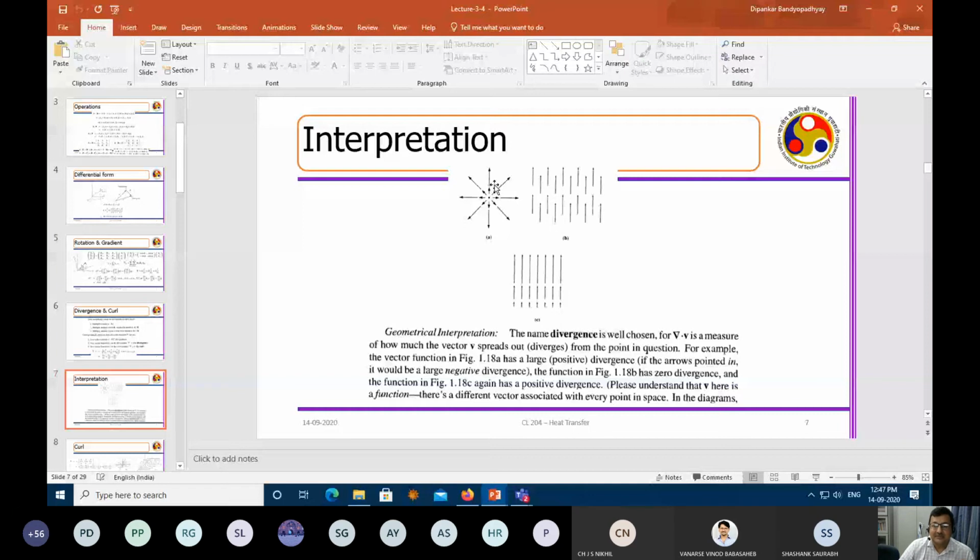Okay, so this is a physical interpretation. If del dot v equals 0, you will have a field which is like this. In a laminar flow, you can see a parabolic profile, right? The question may come about the parabolic profile. You may see a pipe flow, and the profile comes like this, right?